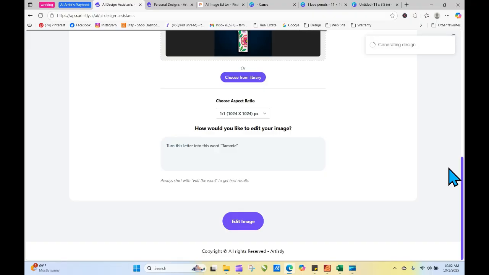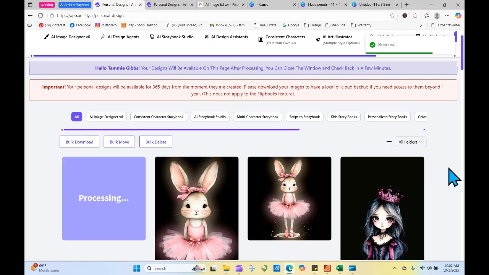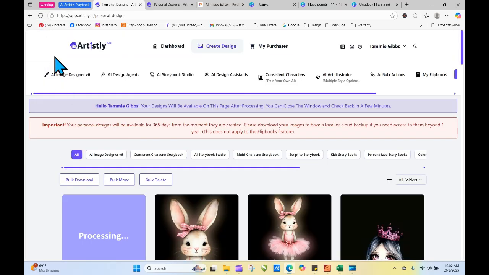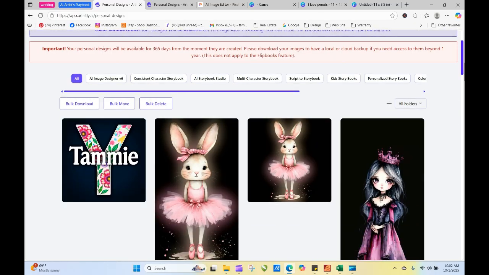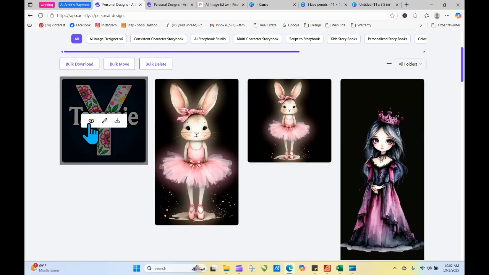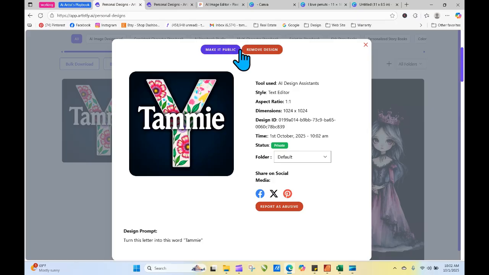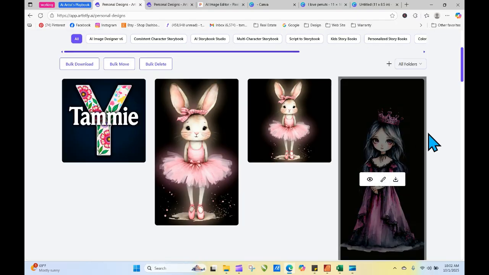This is again something I'm not sure it meant for it to do, but I think it would be great if we could take our letter like that, and then take it into the text editor and tell it to turn our one letter into the whole word. That would be really cool. I don't know whether it'll do it. Again, I'm just experimenting. Okay, so it didn't do that, but maybe it did add Tammy, so that's kind of cool. Okay, so let's go back